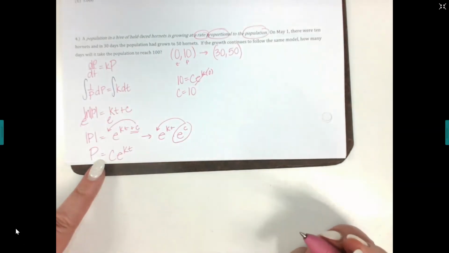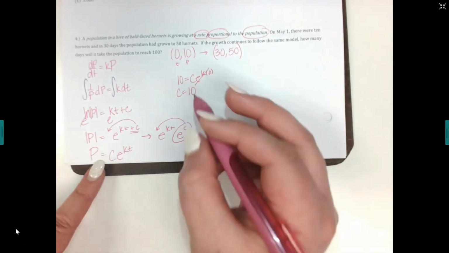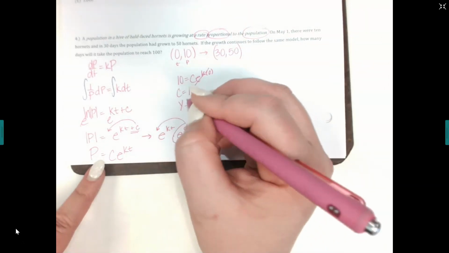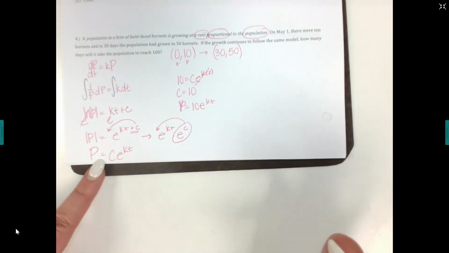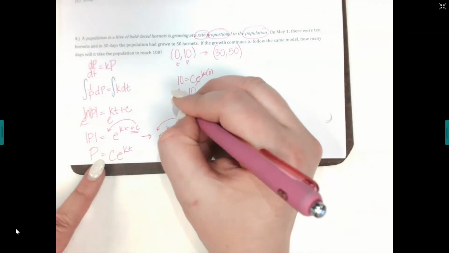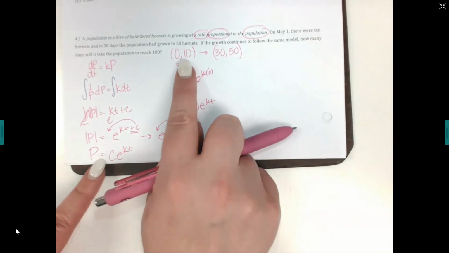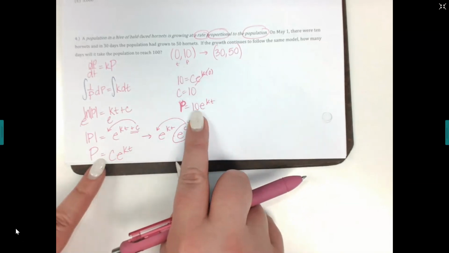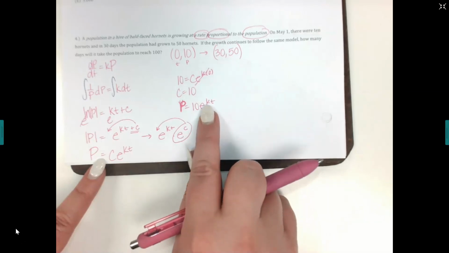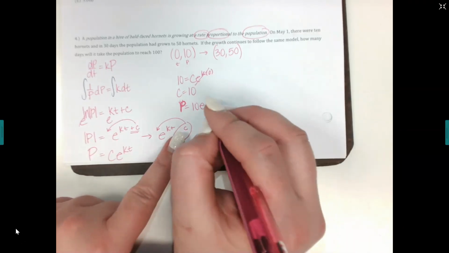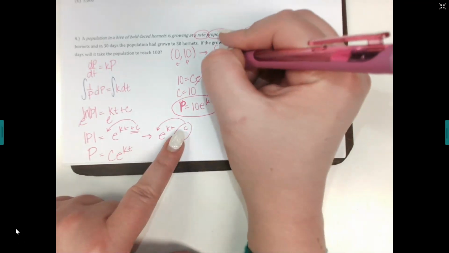Then what's C? C is 10. Yeah? So now what's my equation? Instead of CE to the KT, now I know that it's 10E. Oops, that's a P. 10E to the KT. So far, so good? Okay, so far, so good? So the first point helps me find the first letter. Now I'm going to use the second point to help me find the K. So we have this information. Now we need to use this guy. At time 30 days,